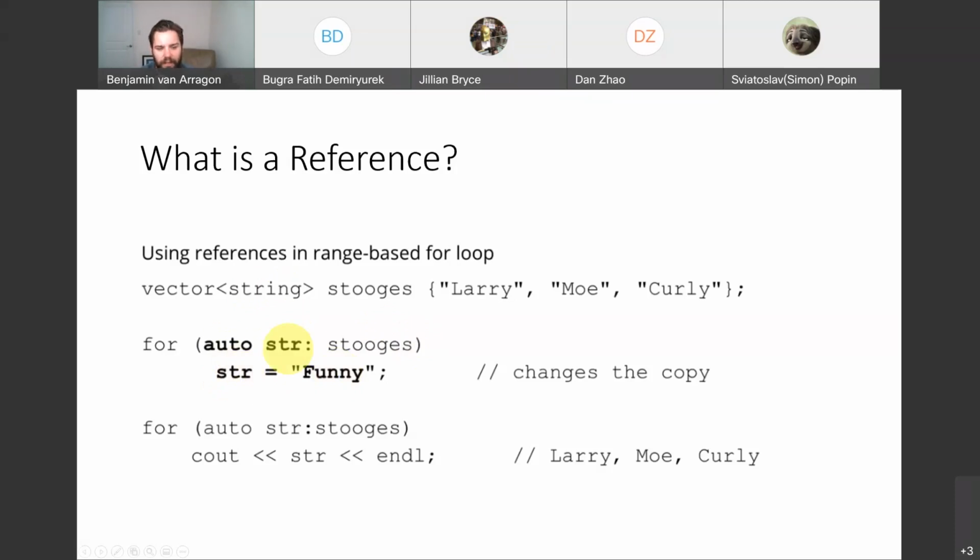So what's happening here is that in each iteration of stooges, we're assigning the word funny to each element in the loop. Now, the problem here is later on when I go to print it out. Here I have the same range-based for loop going through stooges, and I cout it to the console. What's happening when we print the string is it's still going to print Larry, Moe, and Curly. You can try this right now in your IDE. What happened was the first loop is changing a copy of each item in the vector as we loop through it. And then down here, it's going to print the original. So it only changes the copy. It doesn't actually update it. So this is where